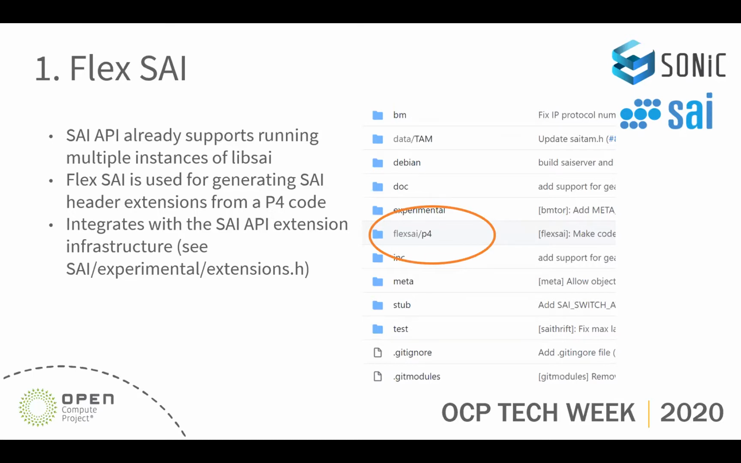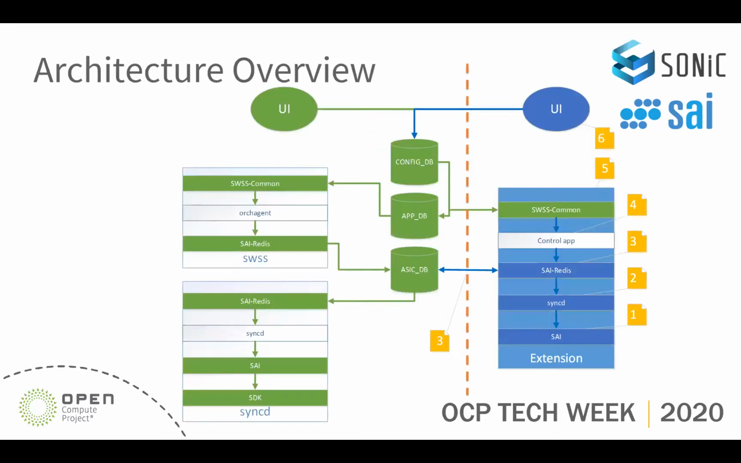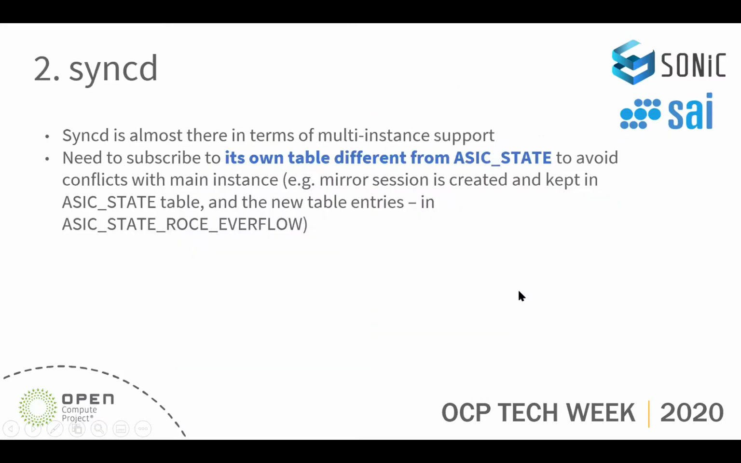But the problems arise when we go to higher layers. So syncd is actually also almost there in terms of multi-instance support. Going back to the diagram, you can see that we are running two instances of syncd. The first one is the main one in the syncd container, and another one is the syncd instance in our extension container. So it's not only possible in Sonic to run multiple syncds for multi-ASIC systems, but we can do the